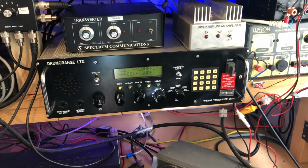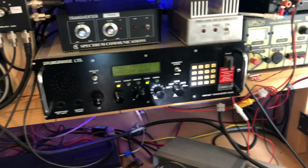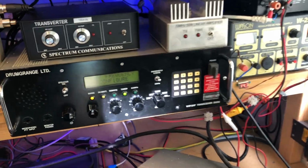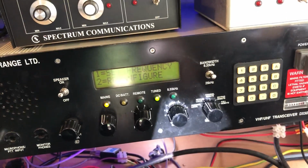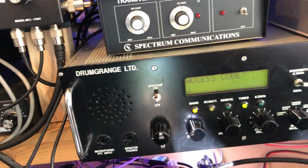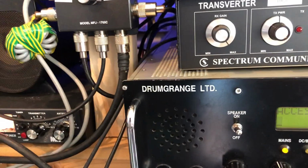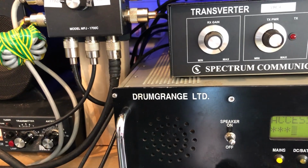I guess, you know, once it's out there, isn't it? So it's probably pointless trying to be a bit secretive about it, but it doesn't feel quite right to publish it on YouTube. So I'll just look elsewhere for a moment. Basically what you do is you enter the code. So I'll choose option 2. There's actually two codes. There's a user code and a master code. I'll go for the master code. Let me just enter that while you're not looking. There